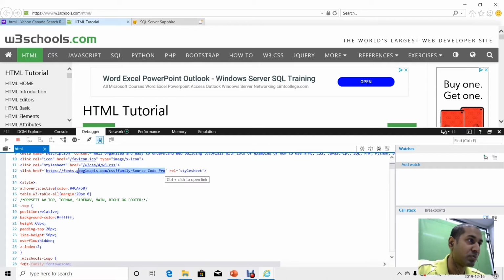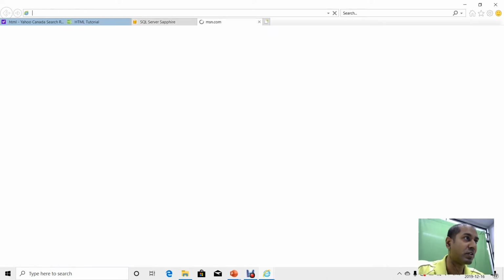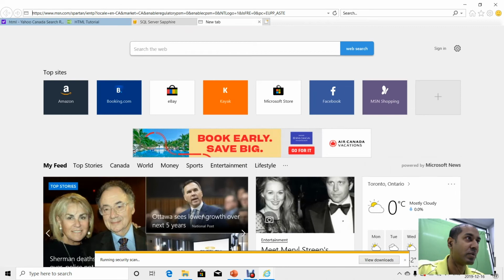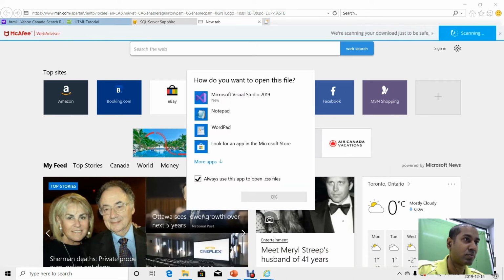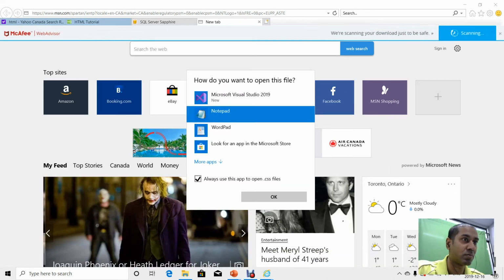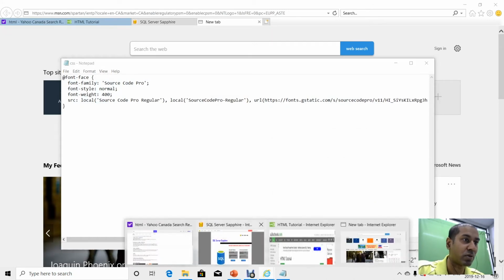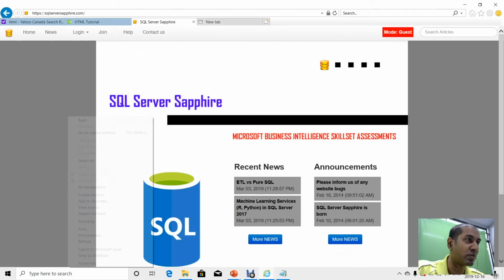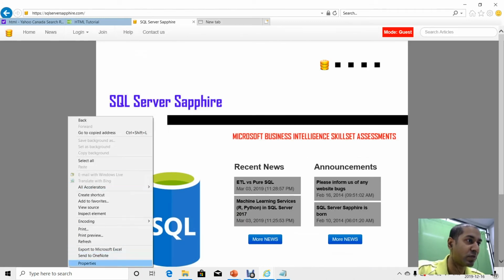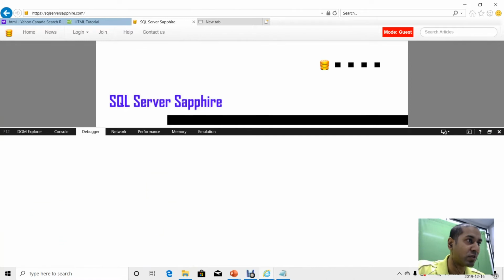This is also an example of CSS that's been included on the website. Okay, see, that is CSS code. Now let's find some JavaScript. If I right click on this website, SQL Server Sapphire, and view the source,